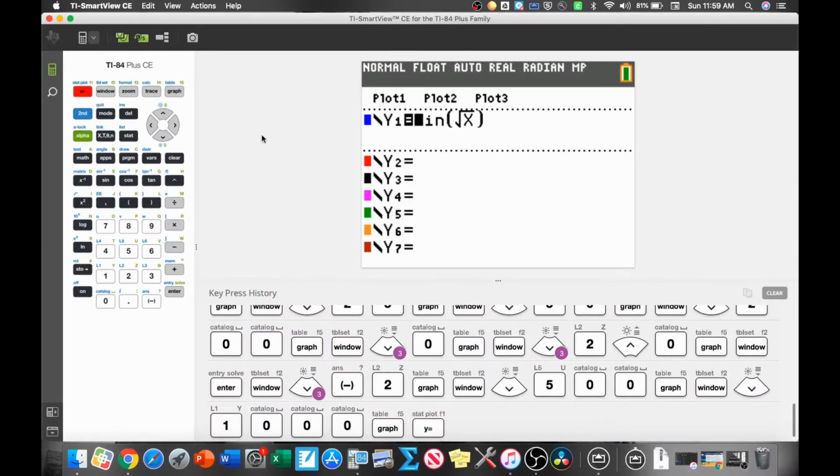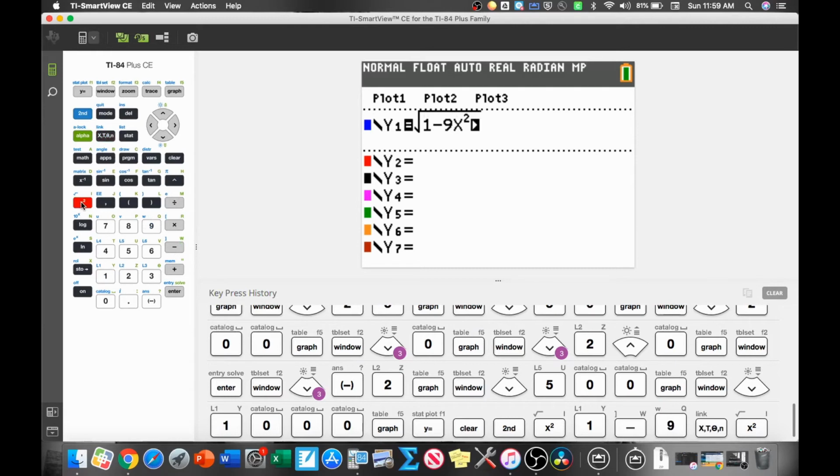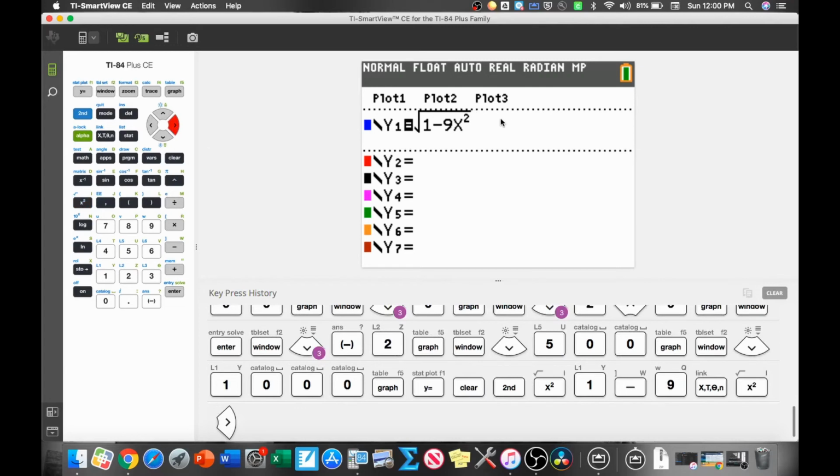So again, we're going to go to y equals. We're going to clear out what's there. And we have to enter the ellipse as two separate equations. So I'm going to do the positive half first. It's going to be the square root of 1 minus 9x squared, which is all under the radical. 1 minus 9x, and then I'm going to hit that squared key right there. Now notice it kept everything under the radical. If you have an older version, then you'd have to close a parenthesis here to show that all of it is being square rooted. And then I arrow out if I wanted to do anything else outside of the radical,